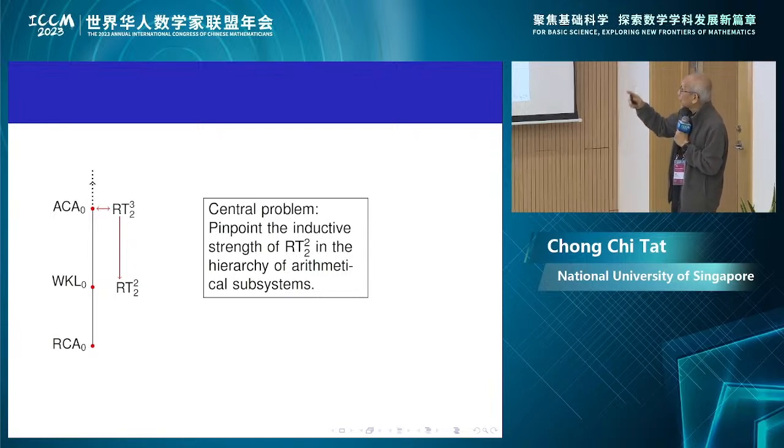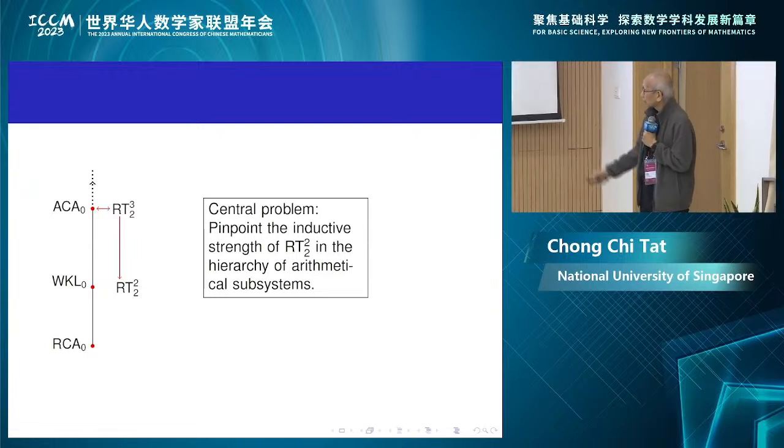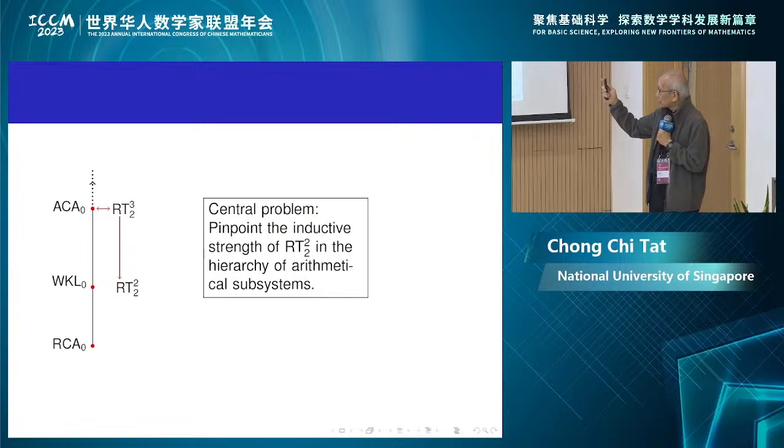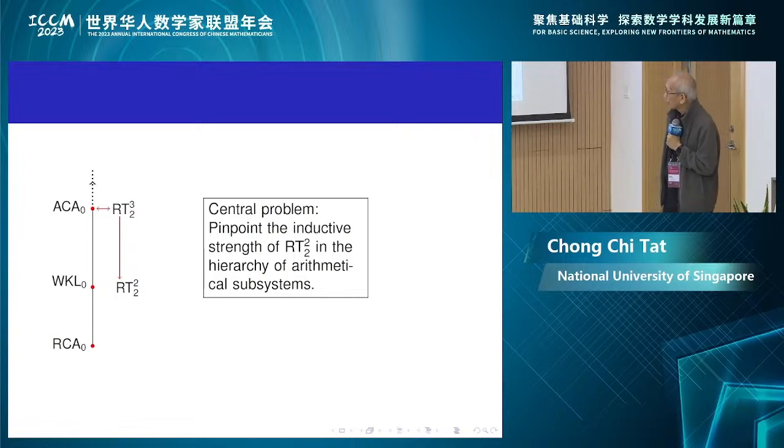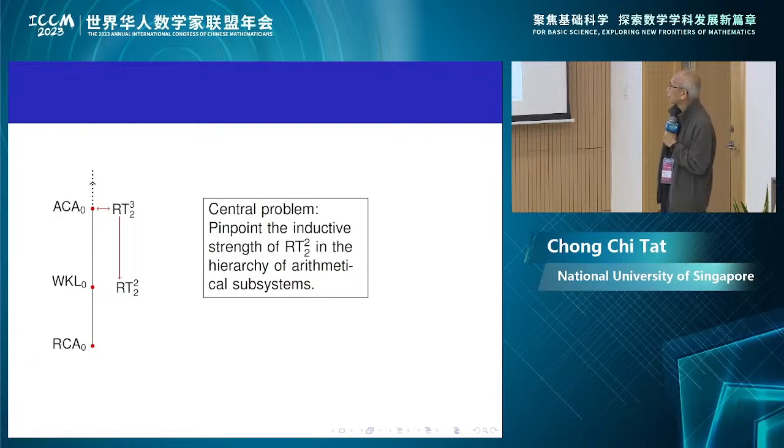And then strictly below that is Ramsey's theorem for pairs, which is stronger than RCA0, the base system, but does not show WKL0. So WKL0 is on one side, and Ramsey's theorem for pairs is on the other side. Then the central question became this,